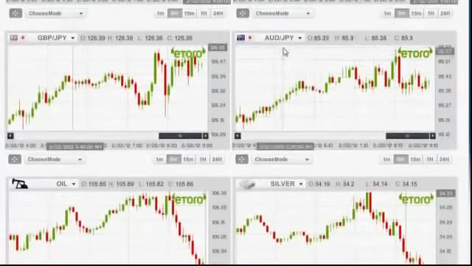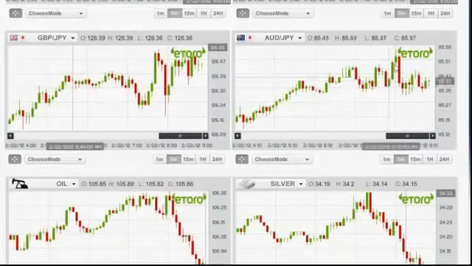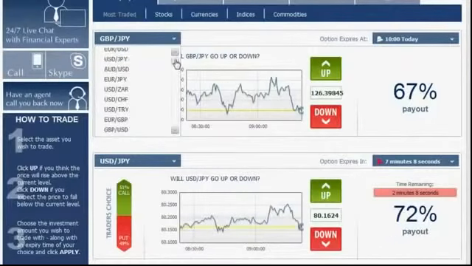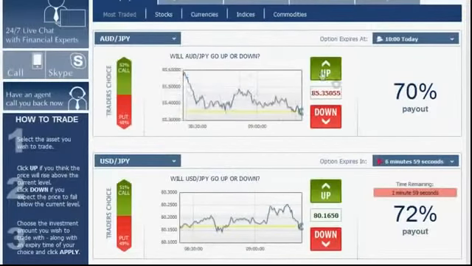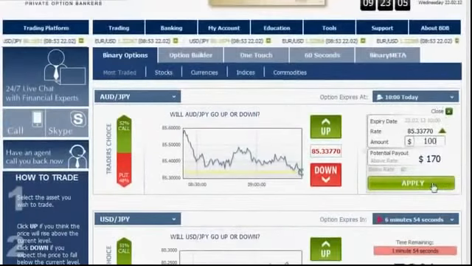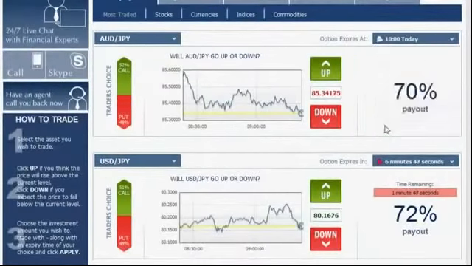We continue on to the AUD versus the Japanese yen. This as well is a beautiful upwards going trend line going from this point all the way up here. It has its dip here, but it's okay. It's classified as an upwards going trend. We go back to the platform, choose the AUD versus the Japanese yen right here. Since it's going up, we click up, enter $100 and apply. We approve the option